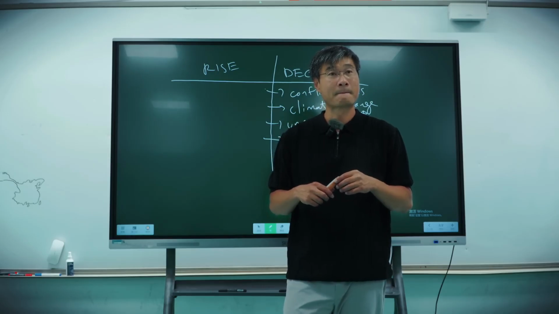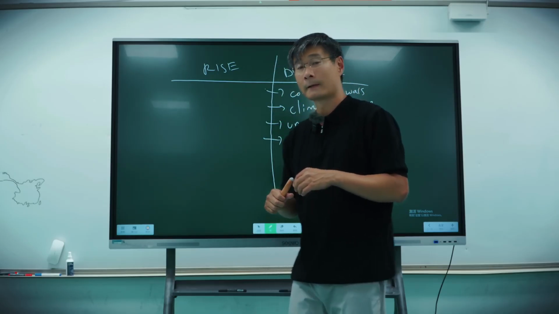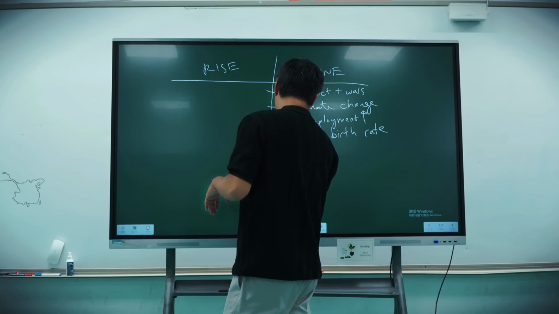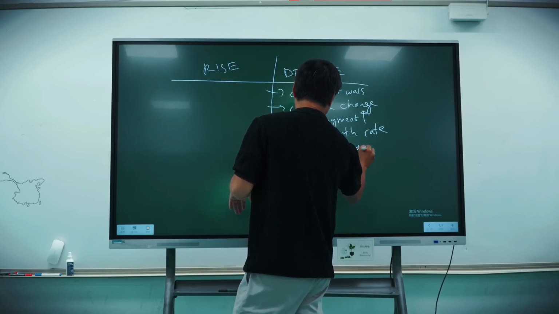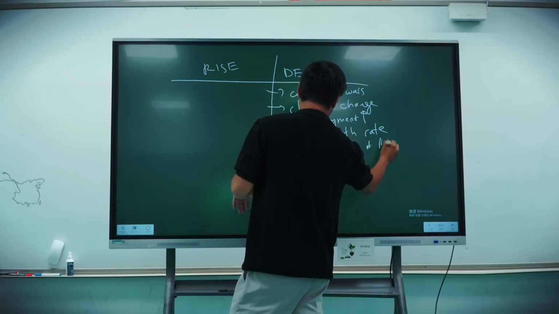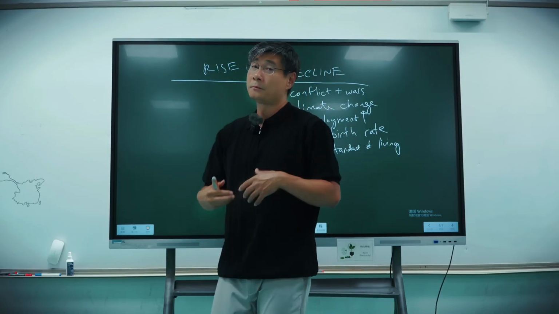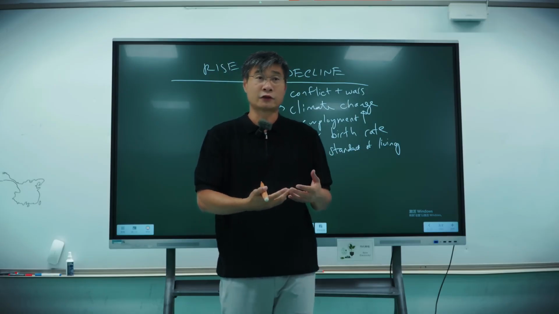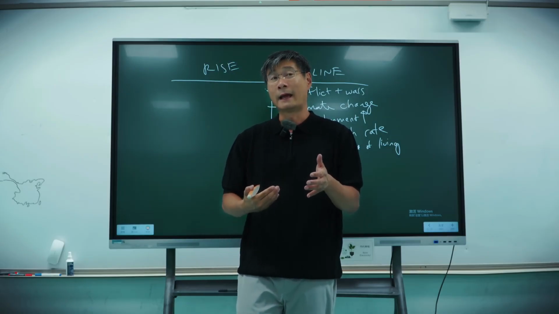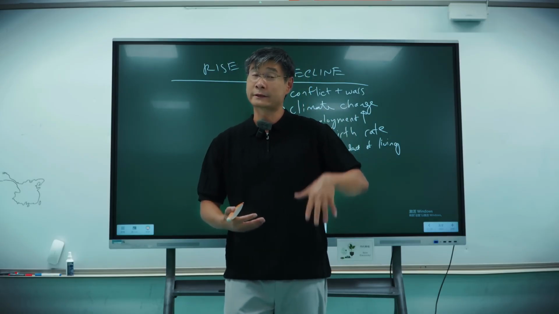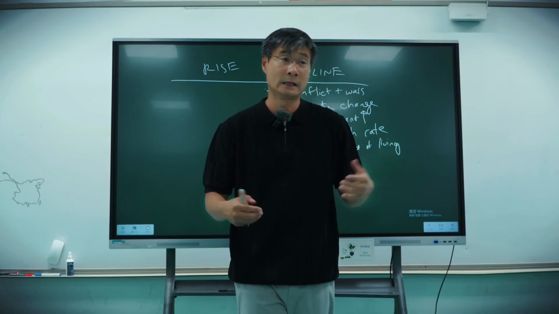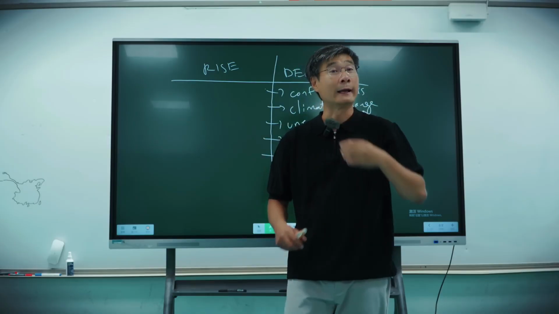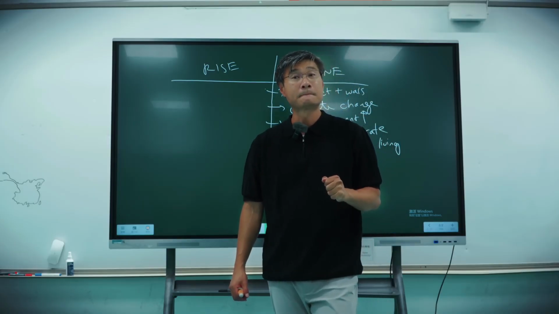What are some other signs? Okay, you see a lower standard of living. Okay? And all this means is that inflation, right? So people make less money and they can afford less. Prices go up, but people's wages go down. So that's another sign of decline. Okay? What are some other signs?